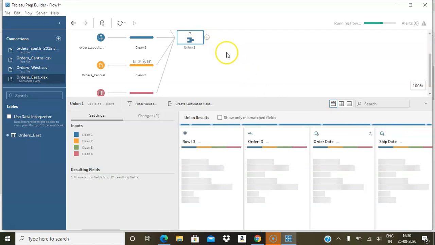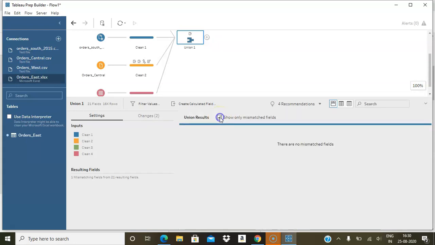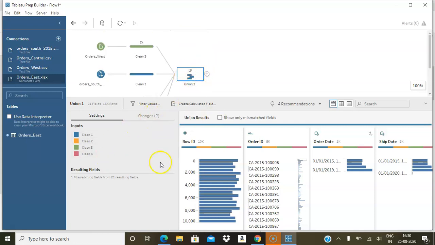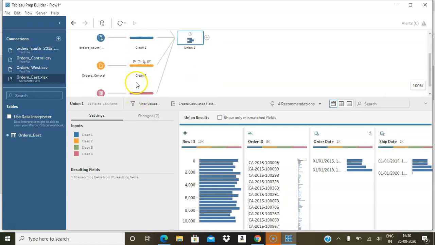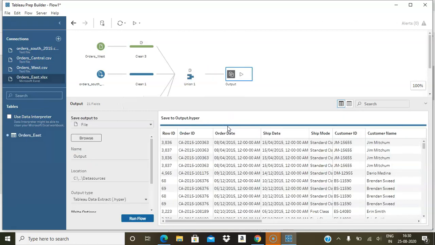See, Superstore data. Now you can directly connect this data to Tableau and start using it. So we had 4 separate files which we connected to Tableau Prep, and we have unioned all these files together and generated the final output as a single hyper file, or you can even generate a CSV file, and you can use that output in your Tableau Desktop.